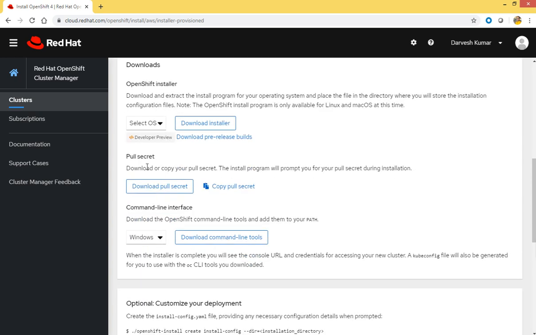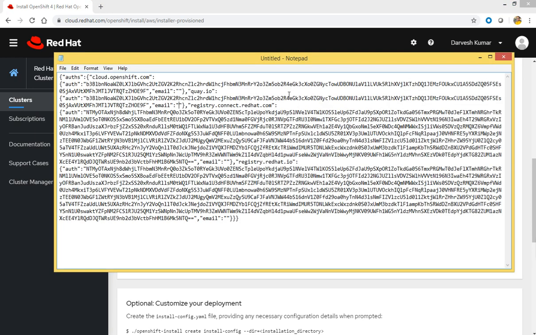Let's see. Yeah, in the pull secret option, we need to copy the pull secret. Just click on it. It has been copied, and we need to save it somewhere in a file. It will be required later, right? So let me copy it somewhere and we'll use it later. So I have put it in Notepad.